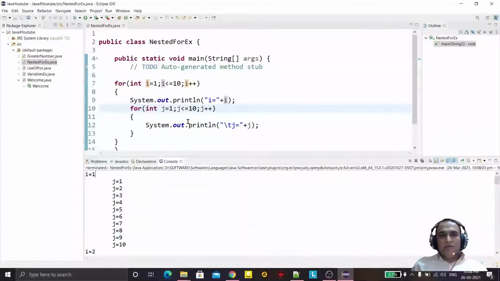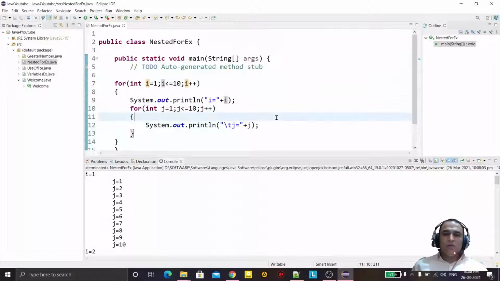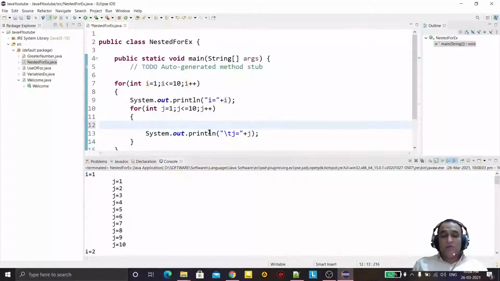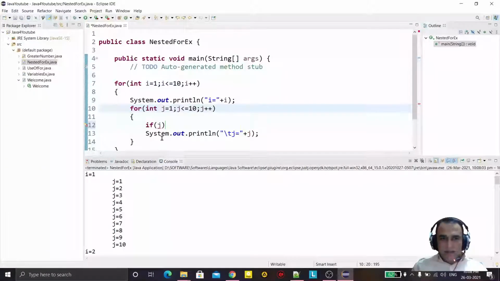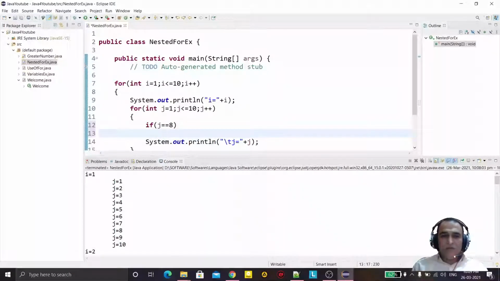But if I want to stop the loop, for example the first inner loop, I want to get out from the inner loop. I say if j is equal to 8, then we say break.